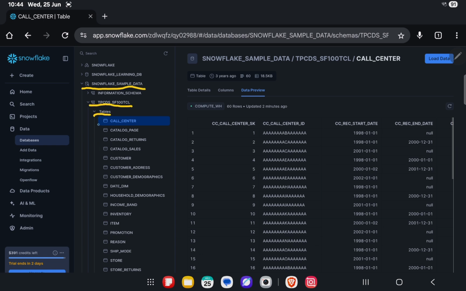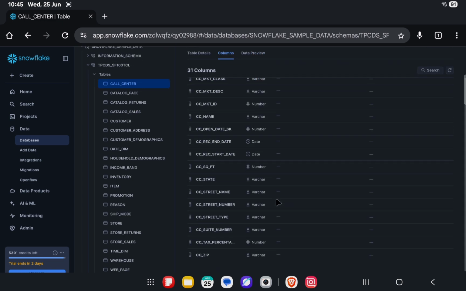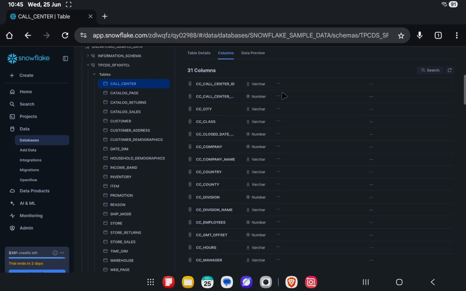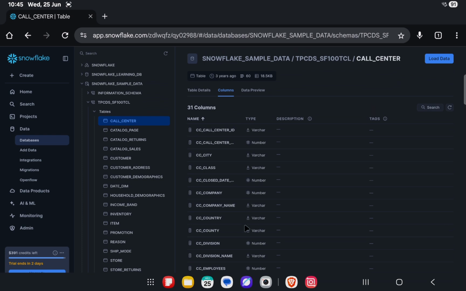So there are several tables over here. I'm just trying to see the data from one of them, which is this call center. So I'm already on data preview and it's showing me number of rows as 60. Here's the size of this particular table. These are the columns that are present in the table. There are total 31 columns, and this is the type of each and every column that is there in